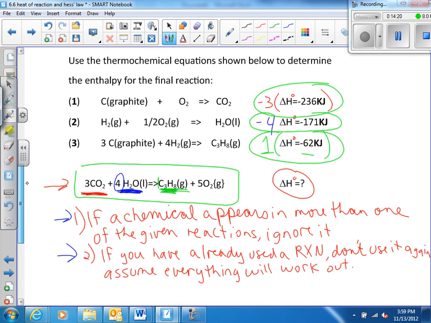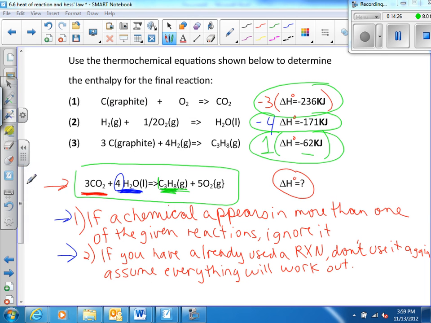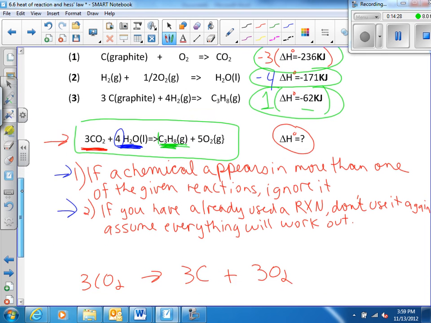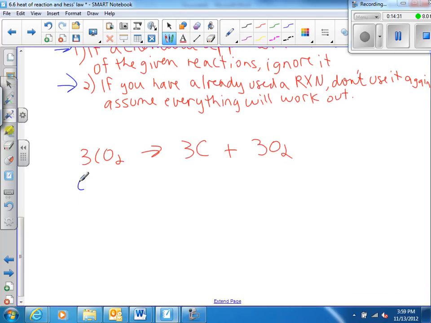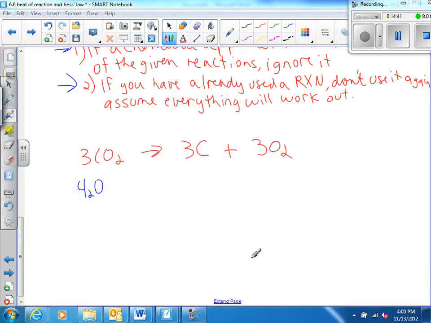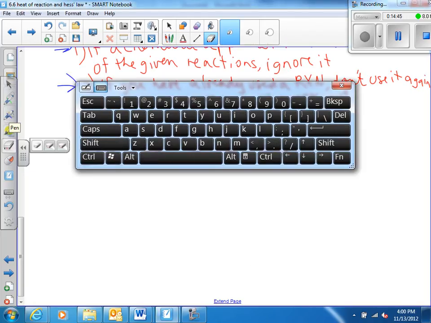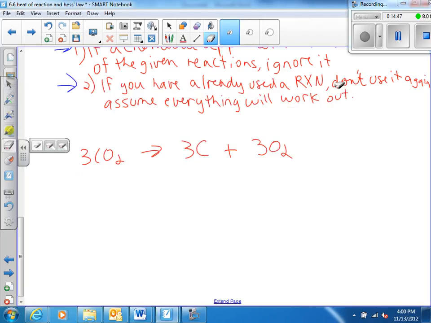Next reaction, reverse, multiply by 4, and I will write that in blue. So 4 waters. Oops, that was not written correctly, and I'm about to get the wrong thing. Sorry about this. Okay. My goodness, the board is not cooperating today. We might be slightly misaligned. We have 4